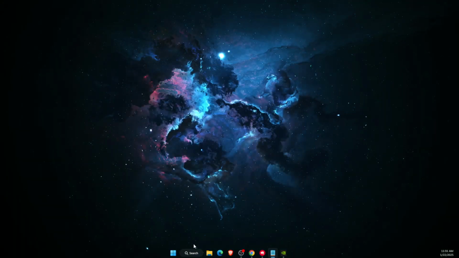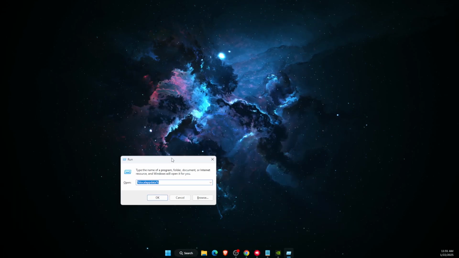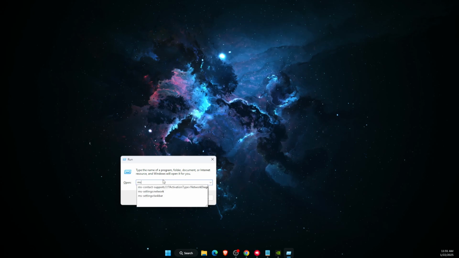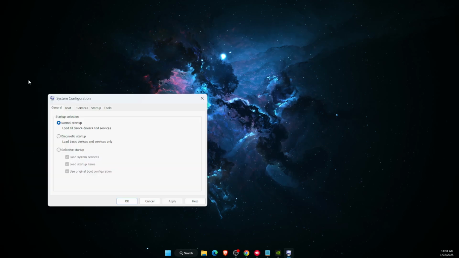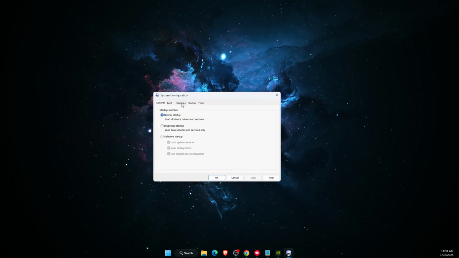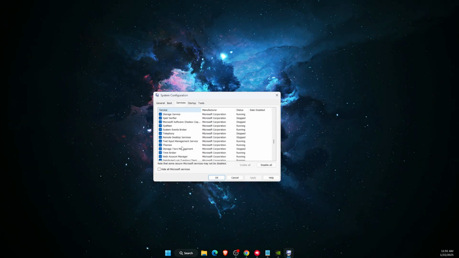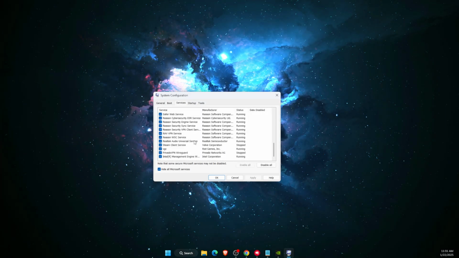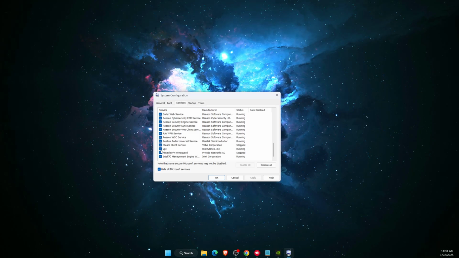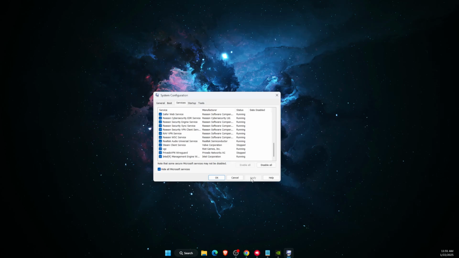And now you want to go and write down on search run. Then this will pop up and you want to write down msconfig and click Enter. Now this will pop up and you want to click on services right there. Scroll down until you will see VGC file. So I'm just gonna hide all these files, and as you can see, here is a VGC file. You want to make sure that it is ticked on, and if it is not, just tick it, apply, and